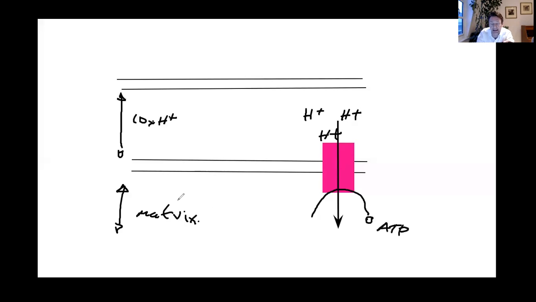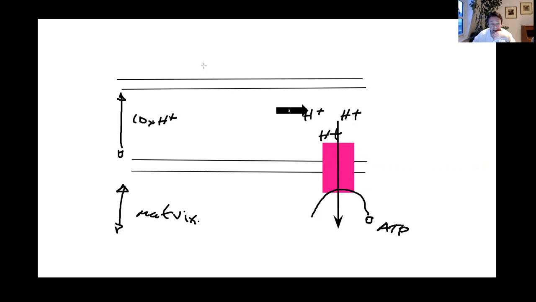Now, it's exactly the same in a chloroplast. In a chloroplast, this is the thylakoid membrane, this is the thylakoid interior, and this is the stroma. And we've got a concentration gradient of hydrogen ions. But the difference between the chemiosmosis in a chloroplast and chemiosmosis in a mitochondrion is how you achieve the ion gradient. So in a chloroplast, you achieve the ion gradient through the flow of electrons, which is powered by